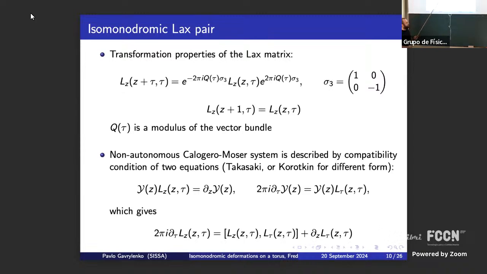And the non-autonomous problem also has this Lax type description, but it is now an isomonodromic Lax pair, because the first equation now is the linear system: dz of Y should equal Y times L. And the second equation is the same. Because of this derivative, now this consistency condition contains not only the commutator but also this z derivative. And so now the spectrum of the Lax matrix is not